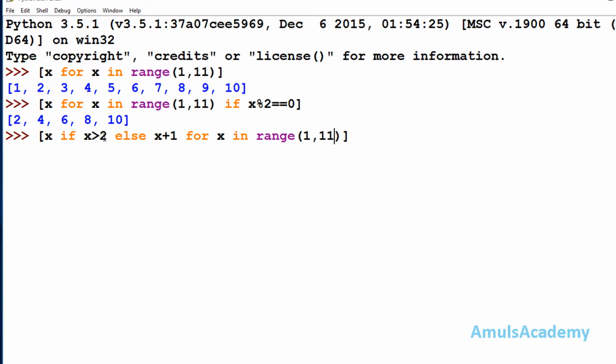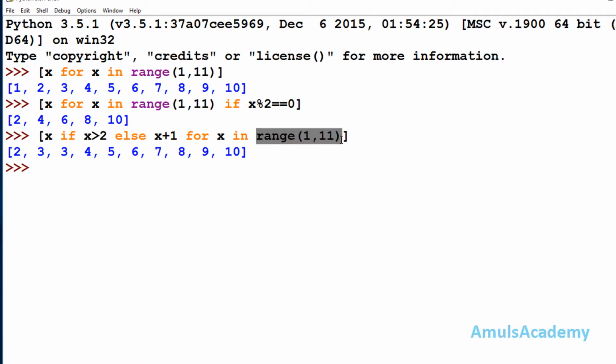So here I wrote the condition: if x is greater than 2, then write x as it is, else add 1 to that element.